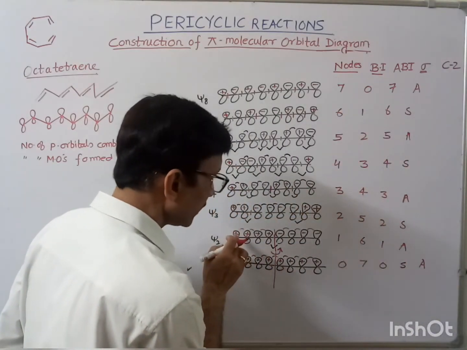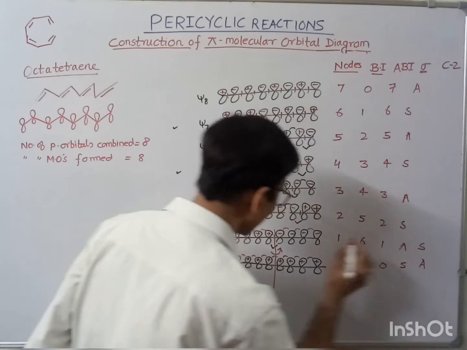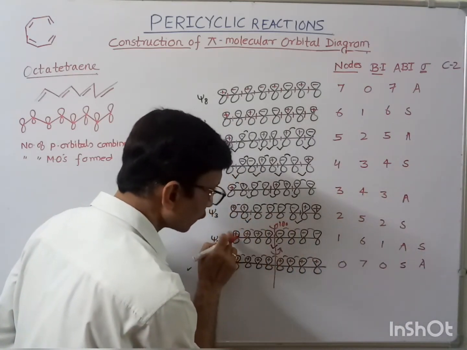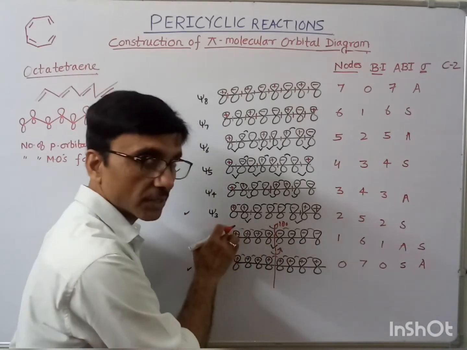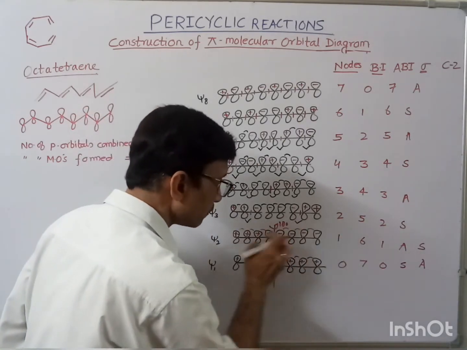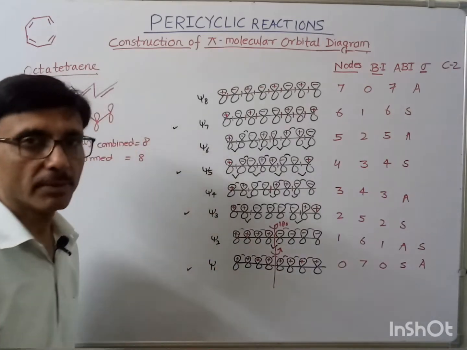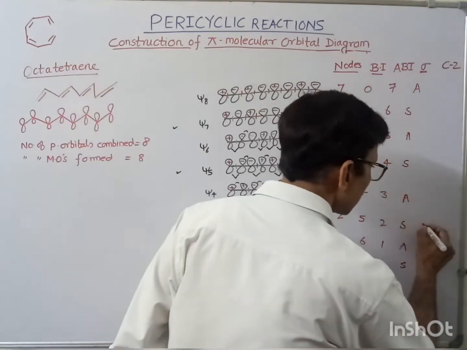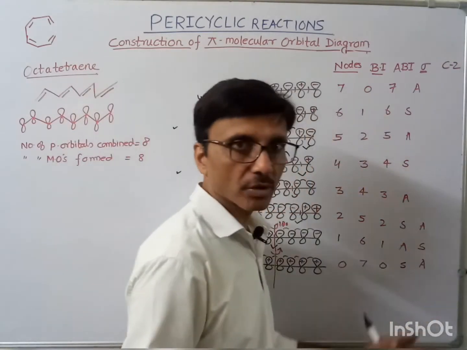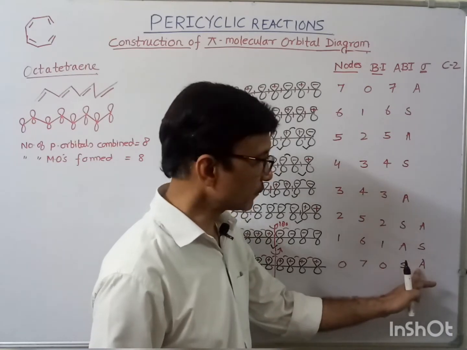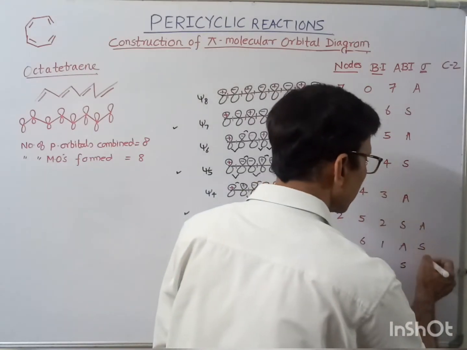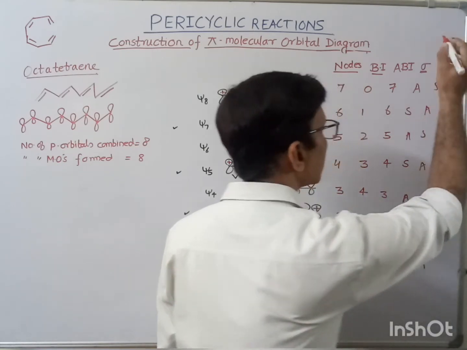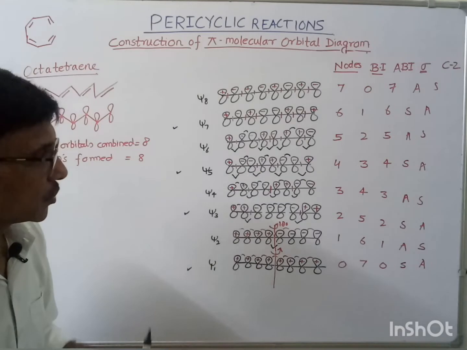In the same way, here this is symmetric with respect to C2, because if you rotate it by 180 degrees, in place of plus this plus will come, and in place of minus this minus will come. That's why this is symmetric with respect to C2, and so on. In this way you can check. For simplicity, just first give A, and then you can write A, S, A, S and so on, like this. Okay,